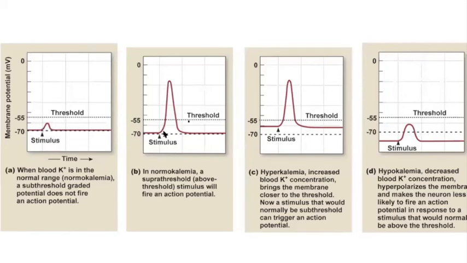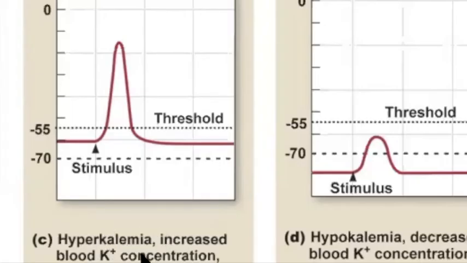And you get that normal stimulus, it's going to be acting normally. If you have hyperkalemia, increased blood potassium concentration, that's going to cause your cells to be a little bit more sensitive to stimuli because they're not going to be at -70, they're going to be sitting at -60. Then it'll take a smaller impulse,